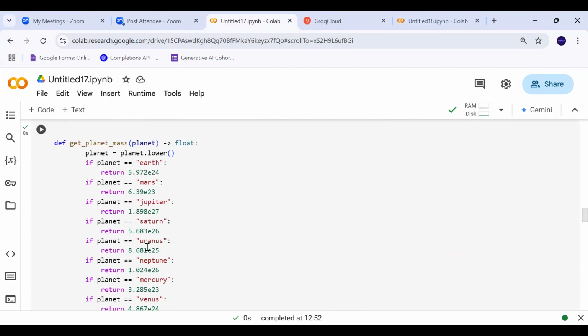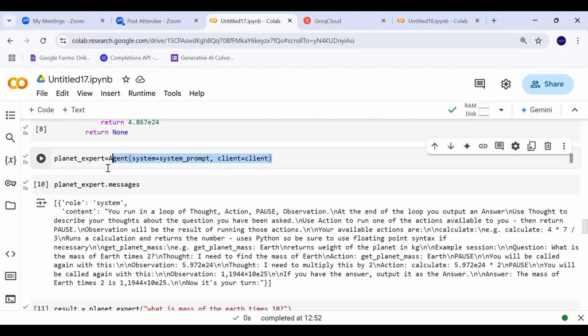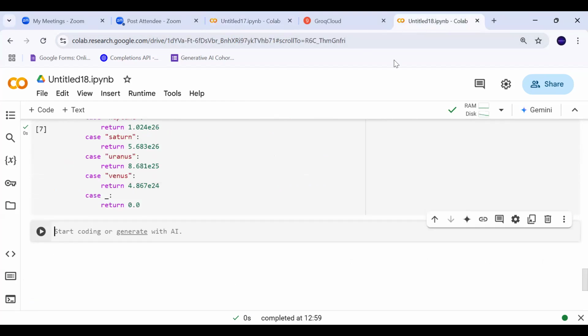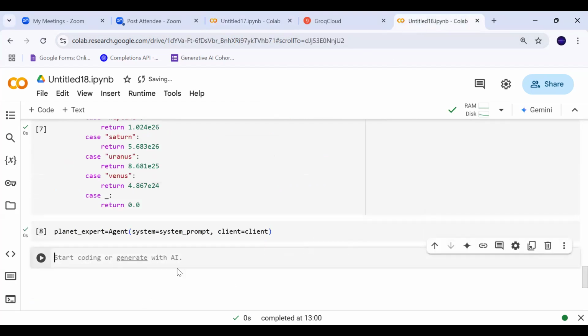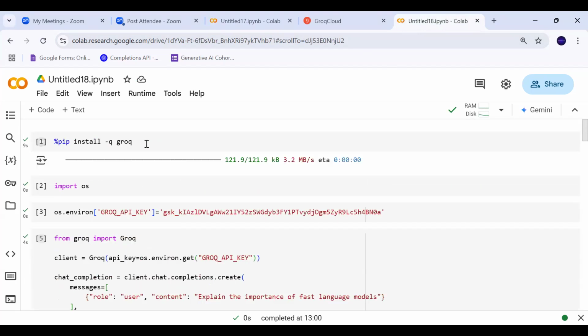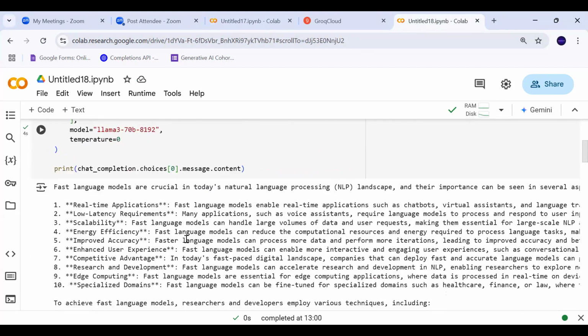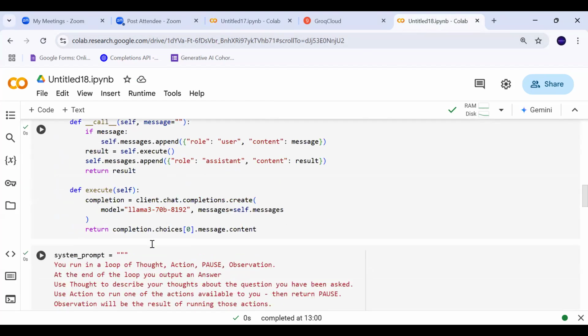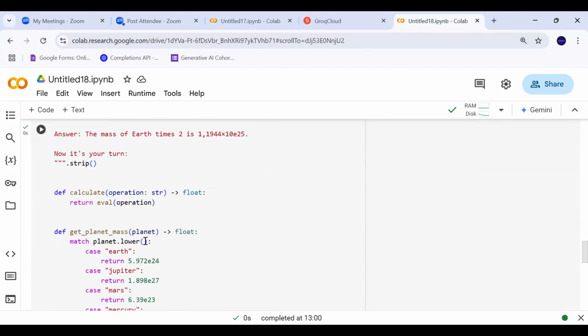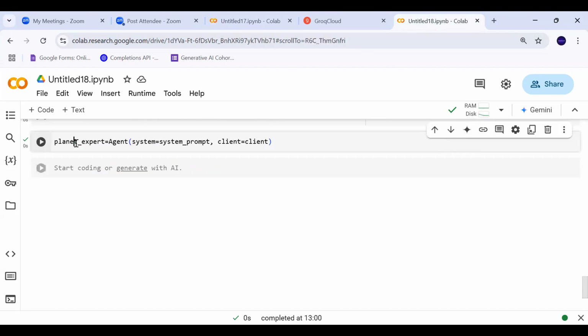I'm just creating another Colab file with almost the same content. So far so good. The same thing: Groq, OS, the client for Groq, the agent class, the system prompt, everything is the same. And this is my call.